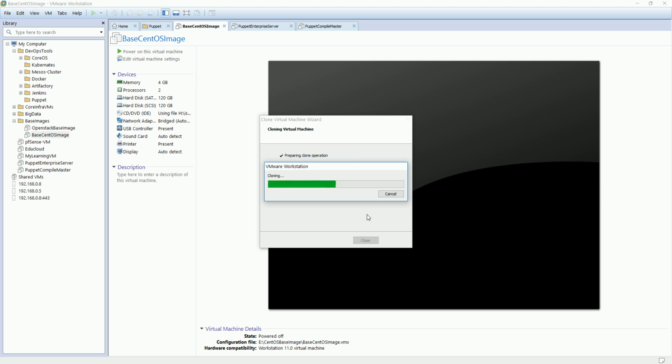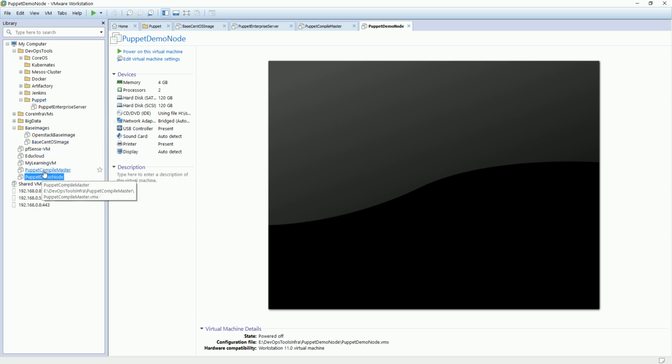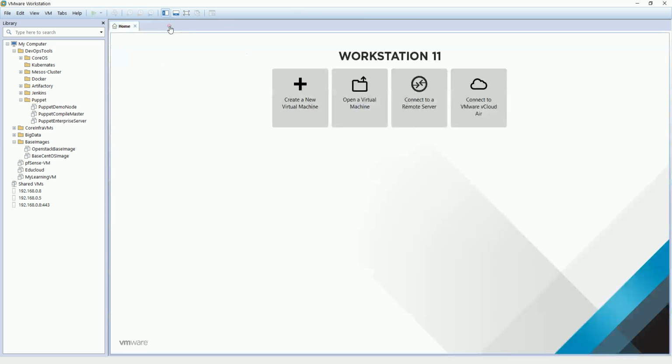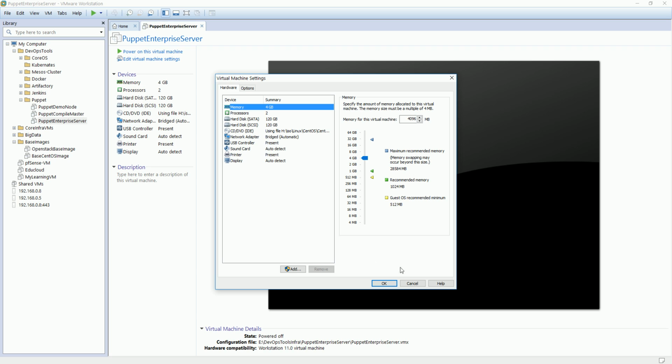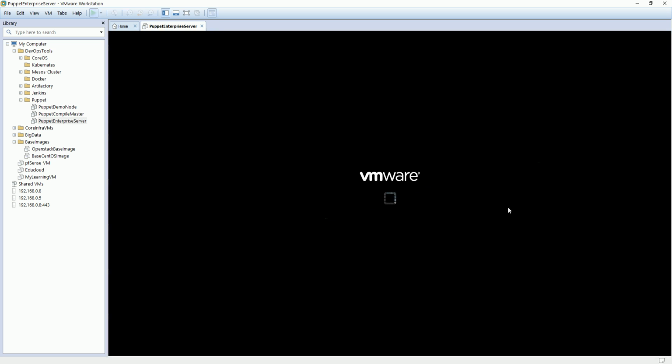All my servers are getting ready. Here I have my enterprise server. Let me move them into one folder: the enterprise server, compile master, and the demo node. So my 3 VMs are now ready. After my VMs are ready, I have to configure them. First of all, I'm going to check that my configurations are 4 gig RAM and two processors, and that all have the same configuration. Then just power on this VM,